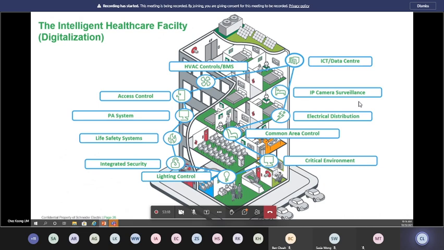I'll give an example. Today, we are talking to one another. I'm the one that is speaking. Probably I'll call myself the HVAC control, and some of you would be the access control or the PA control. Just now, there was a reason why I asked whether anyone has any questions. It is to showcase the next example here. If I'm the only one speaking, sharing all my information and just doing my own thing, and I do not get any feedback, but we are connected in the same forum, it's like we are connected in the same network.